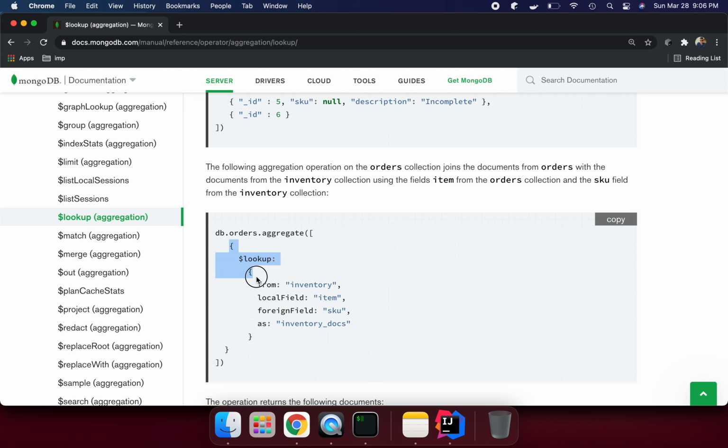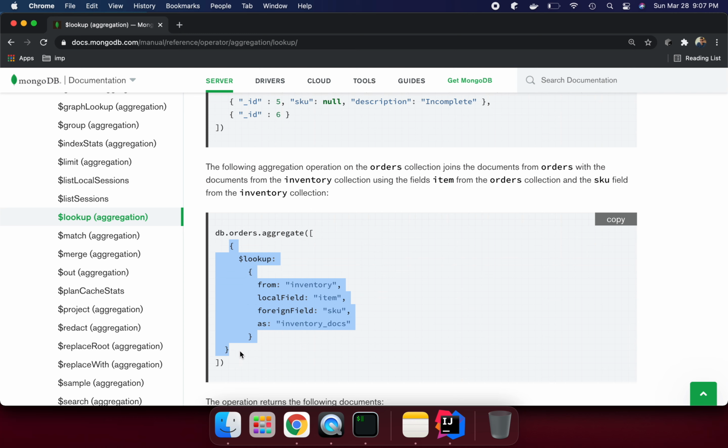So this is my one pipeline, right? What pipeline am I using? The lookup pipeline. Suppose in future I want to use another pipeline, so we can use a comma and use match, merge, whatever depending upon your need. In a future lecture I am going to talk about all these aggregation functions, but right now let's talk about lookup. My source collection is orders, I call the aggregate method, and the stage is lookup.